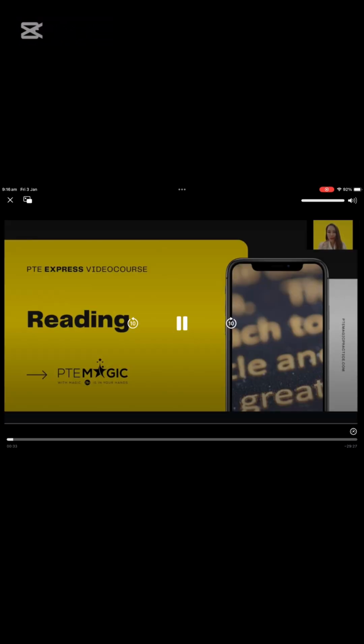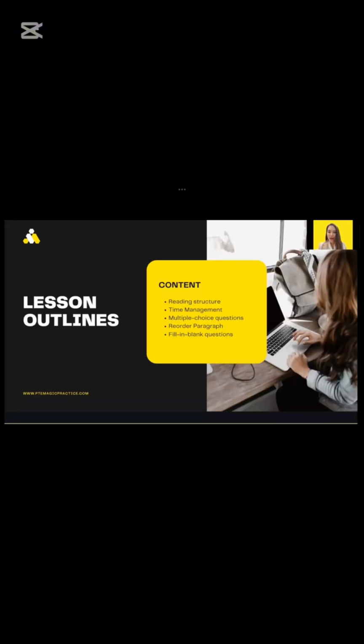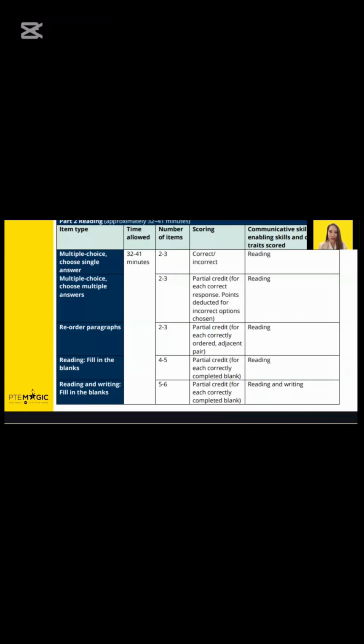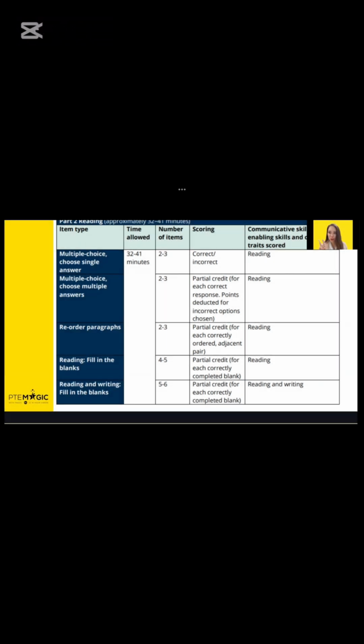Next section in your exam after writing is reading, and we're going to go through the reading structure first. In reading, you have approximately 32 to 41 minutes, and you will have approximately 16 to 20 questions, which means that for each question you only have 2 minutes. So around 2 minutes. However, not many students know this, and they tend to spend a lot of time